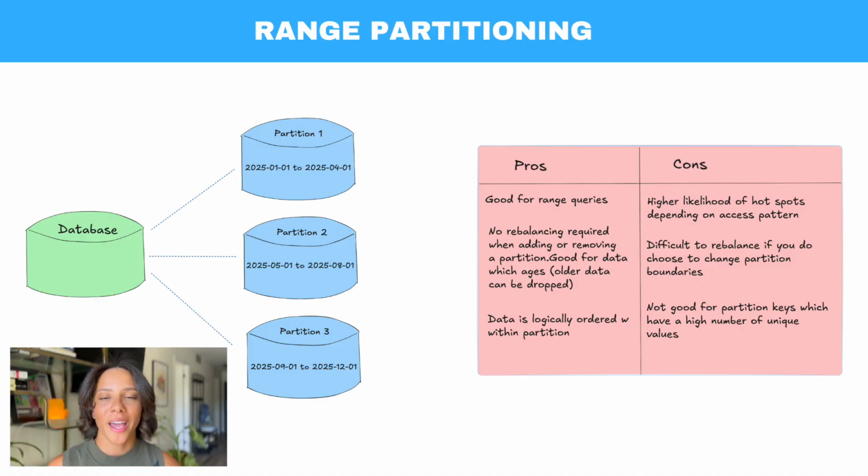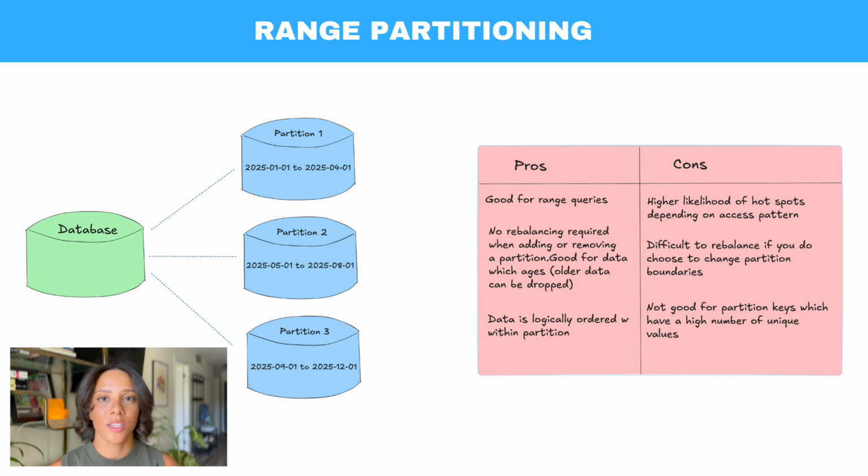In range partitioning, we have a contiguous set of keys ordered in some fashion, and we assign a subset of these keys to each database node. So in this example that I have here, you can see that we have the key being the timestamp. We assign a certain set of months to each node. Within each node, as I said, the keys are ordered, and we can use an index to keep these keys in an ordered fashion. So if you think back to episode 2, when I talked about database indexes, SS tables and B trees will help us here.